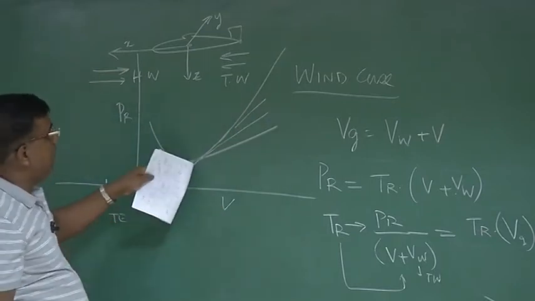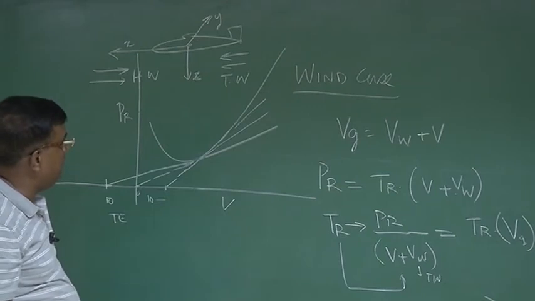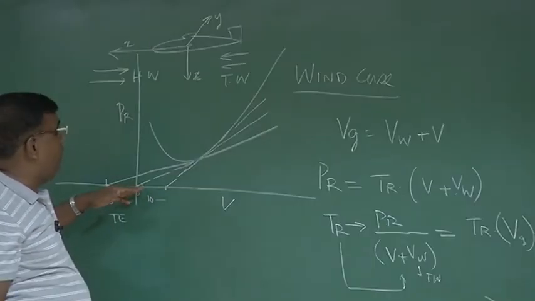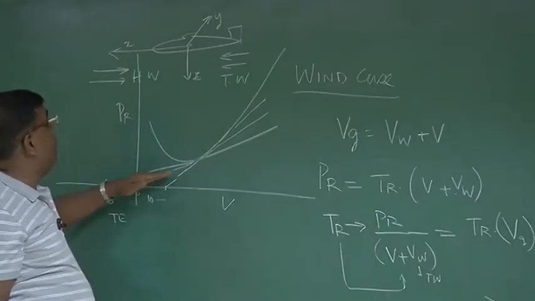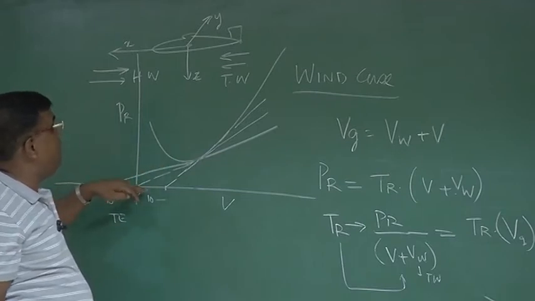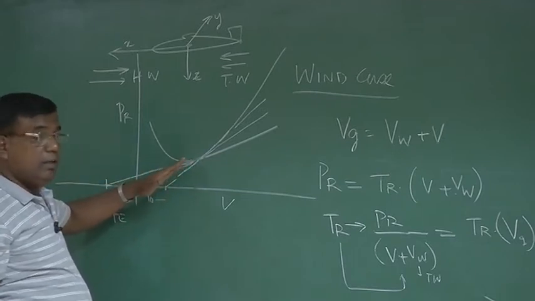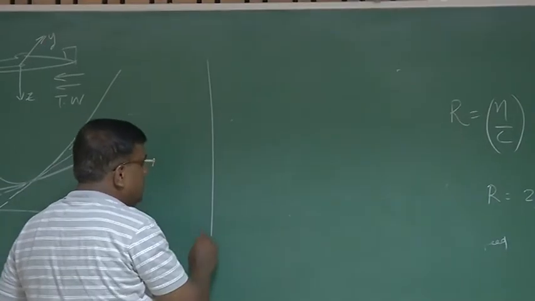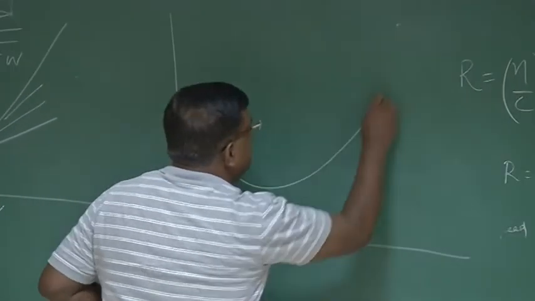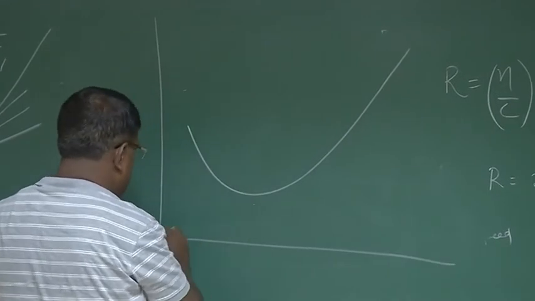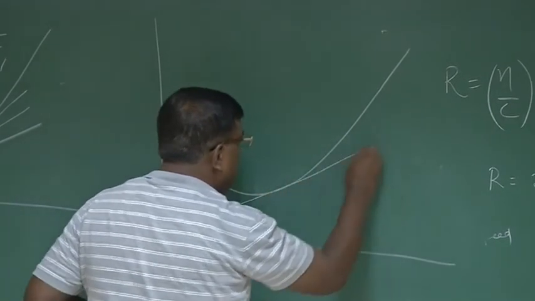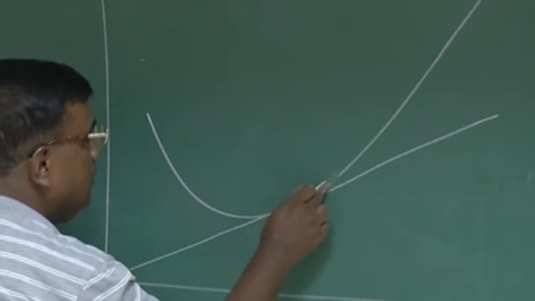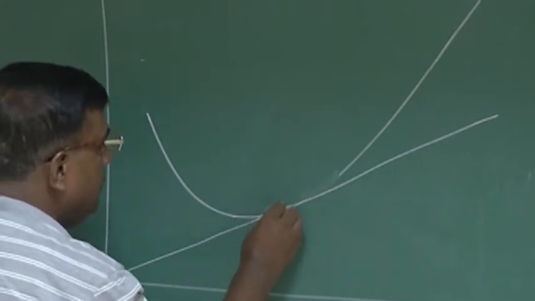Though it is indistinguishable in the scale of this diagram, you can guess one thing: as I am going off from no wind condition, the slope of this line is reducing. As I am going towards headwind, the slope is increasing. Correct? What is the meaning of that? Let me draw a better diagram so that you understand. Let's say this is your no wind, and let's say here actually there will be